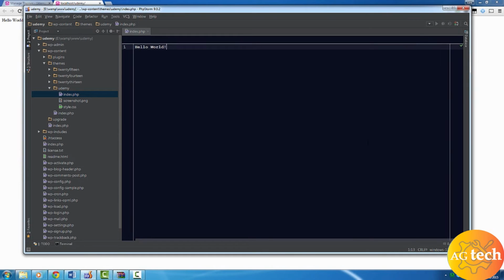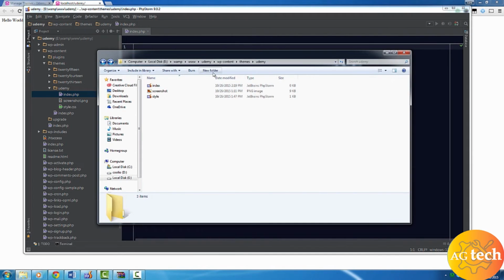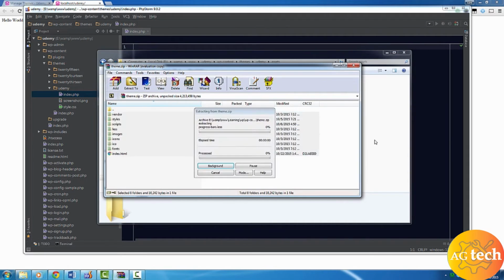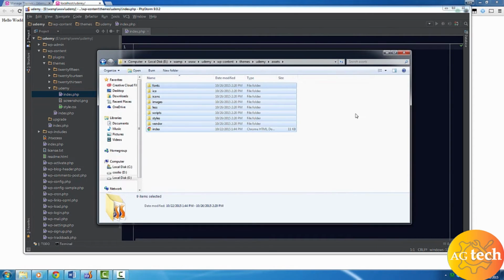All we have is a hello world message as our theme. It's not very flexible, nor does it look appealing. Let's change that. Earlier, I asked you to download the static version of our theme. Open up that file. In our themes folder, let's create a subfolder called Assets. Unzip the contents of the static template into this folder. I'm also going to add the HTML in there as well so we can use it for reference throughout this